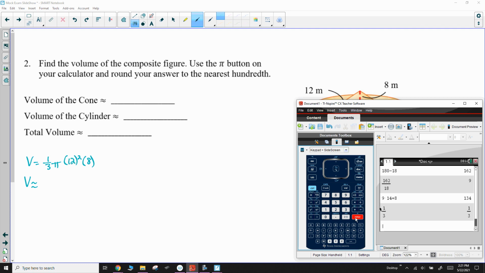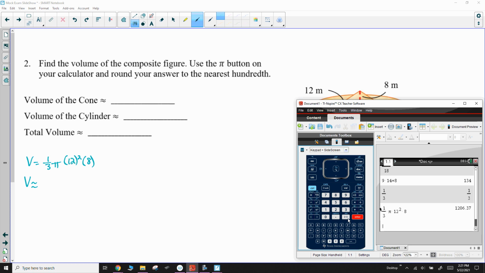And on your TI-30X IIS, it's going to make this 0.333333 repeating, and you're just going to hit times and then type everything else in. Times pi times 12 squared times 8 is equal to 1206.37. Now, rounding to the nearest hundredth, if you have the little calculator, the 30X or whatever, you're going to